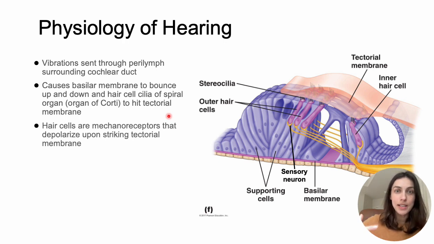And the hair cells are mechanoreceptors. What does that mean? That means that the stretching of the plasma membrane of these cells is the thing that is going to open, in this case potassium, but some sort of an ion channel that's going to cause a change in voltage because of the flow of ions, in this case a depolarization that will lead to an action potential. I will show you in just a moment.